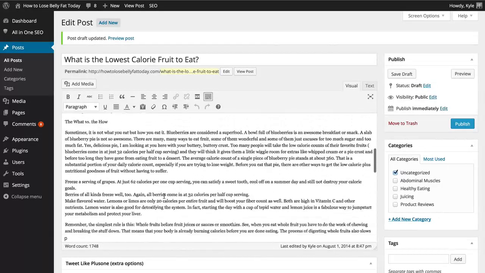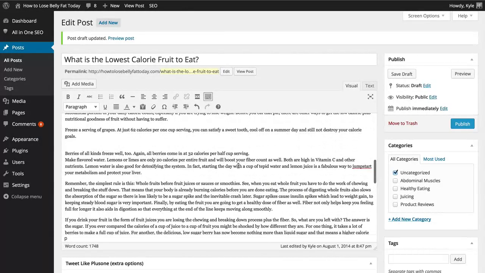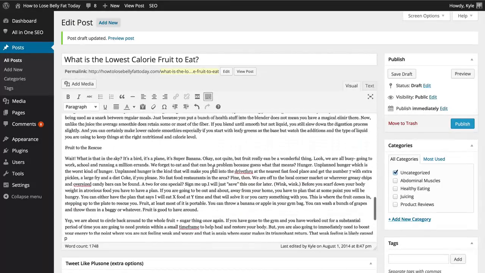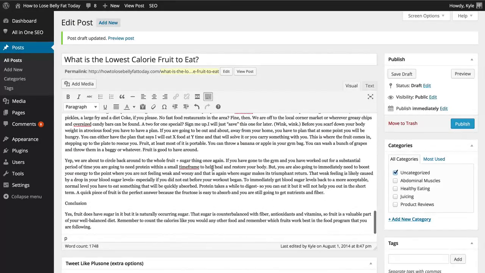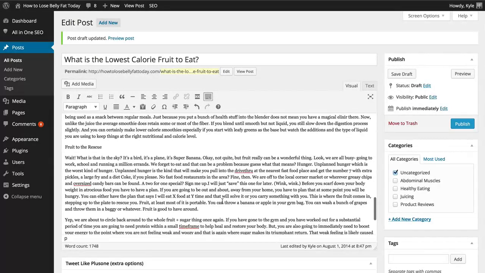Here's my content that I've created. I've just copied it in here. It has absolutely no formatting at this point. And what you're going to see is that I've created relatively small paragraphs, but there's still some that are definitely too big. And a paragraph like this is definitely overwhelming. And there's things that you can do,